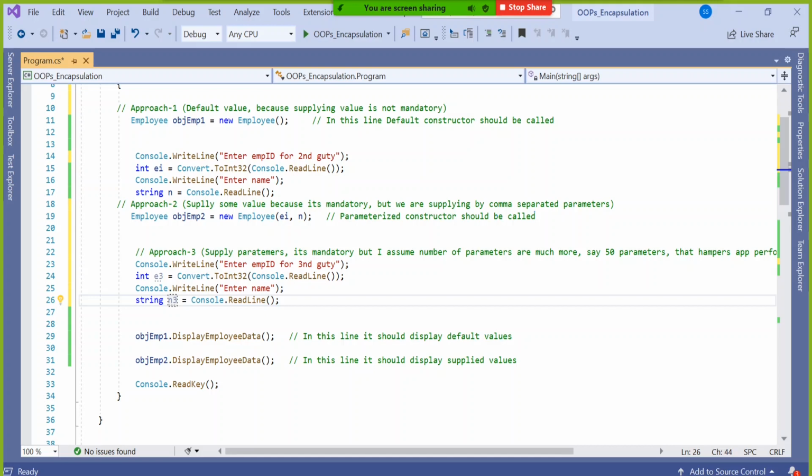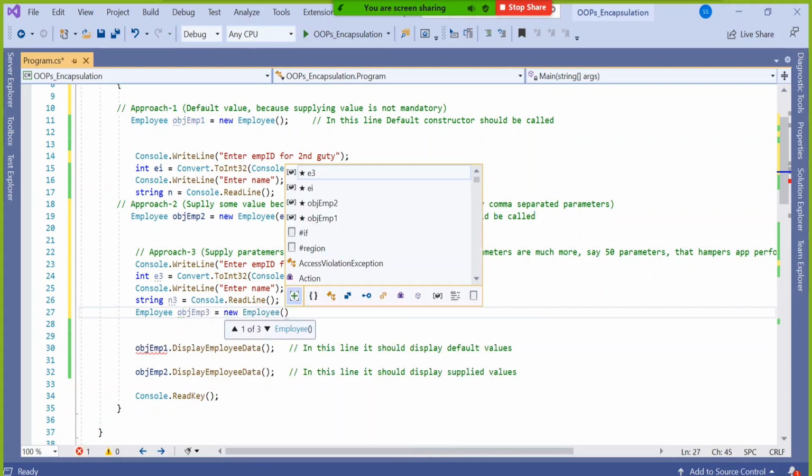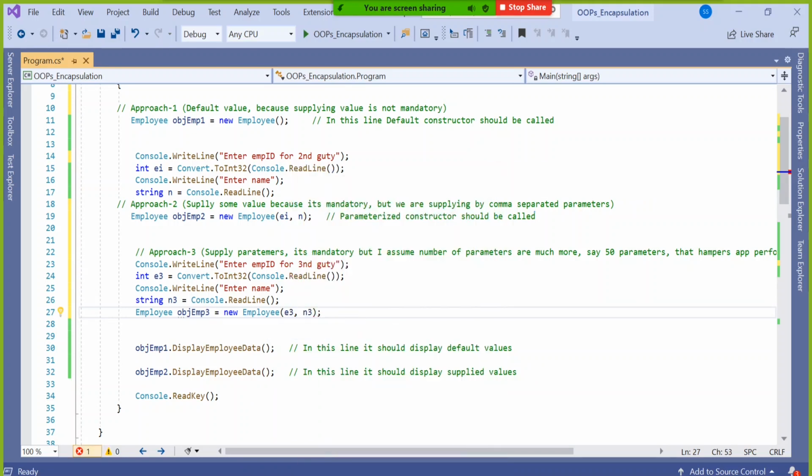But this E3 and N3, I don't want to supply like this. One way is Employee obj emp3 equal to new Employee(E3, N3). If I'm supplying like this, I assume it's a demerit, because actually we have two parameters, but there might be some 50 parameters or so, comma, comma, comma.